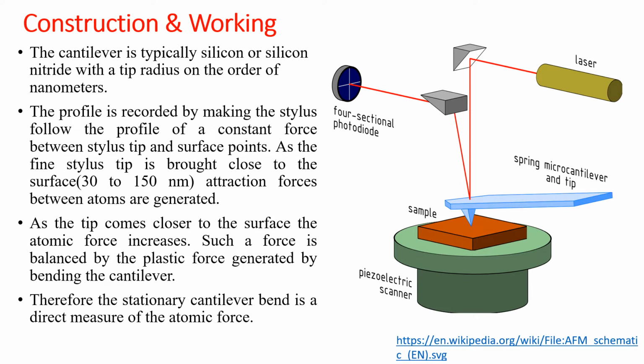This information is later converted into visible form using a photodiode. Depending upon the situation, this AFM measures different types of forces like van der Waals force, capillary force, mechanical force, etc. So this is the basic construction and working of the